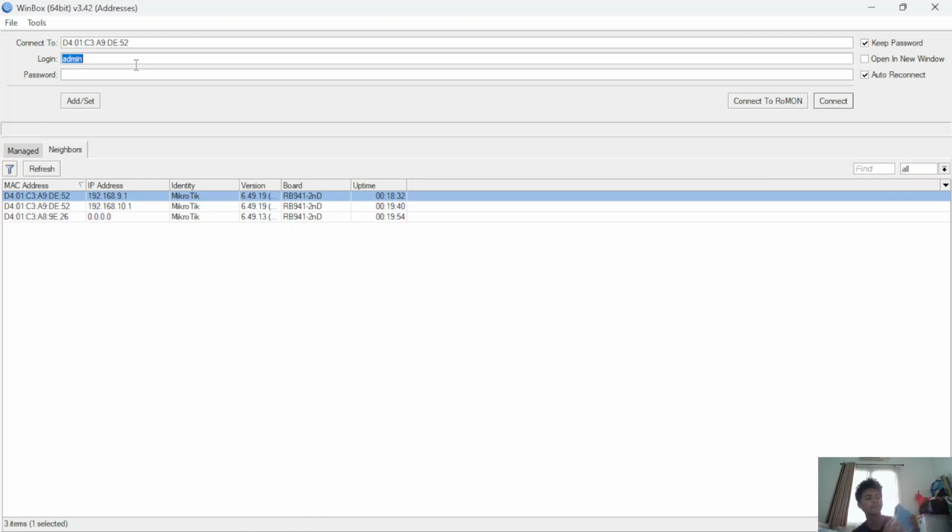Okay, and Ether 1 is to connect to give internet, this port 1 will receive the internet, accept the internet, or in Indonesian, menerima internet. Okay, this is for configuration, this is for the client.